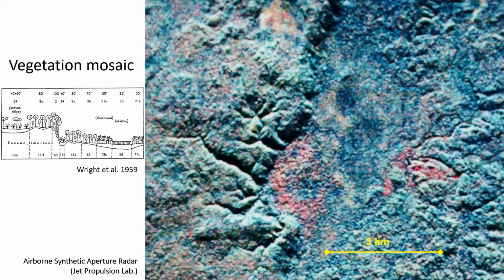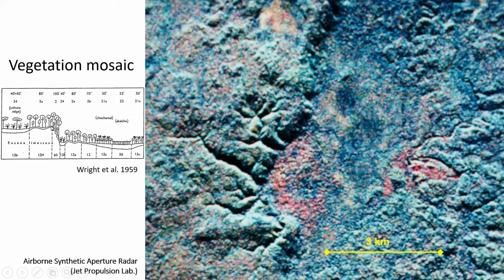We were given the job of investigating the ecology of the area and writing a general report about it. But we ended up doing a lot of research there. It's a very complicated area. There's a mosaic of vegetation types, which can be seen in this airborne synthetic aperture radar image from the Jet Propulsion Lab in California. In this image you see colors and different shapes and graininess, and these all indicate very faithfully distinctly different vegetation types